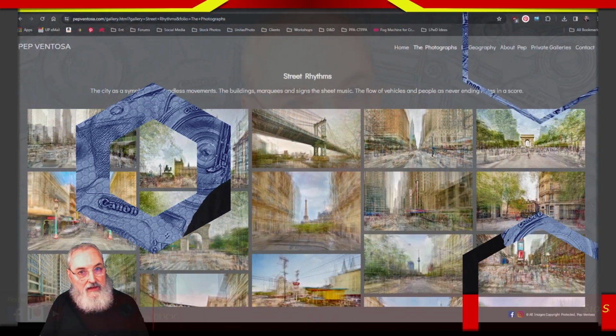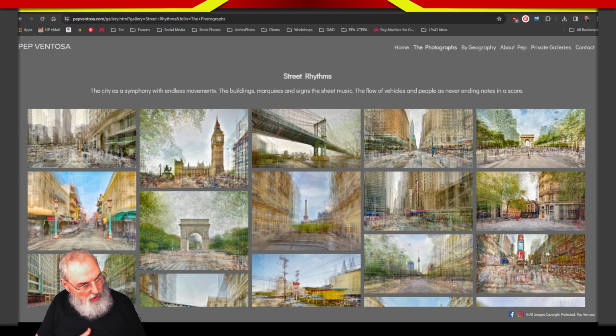and if you look up his work, he's got an awesome portfolio online. Pep, P-E-P, Ventosa, V-E-N-T-O-S-A, and his work in particular is pretty interesting because